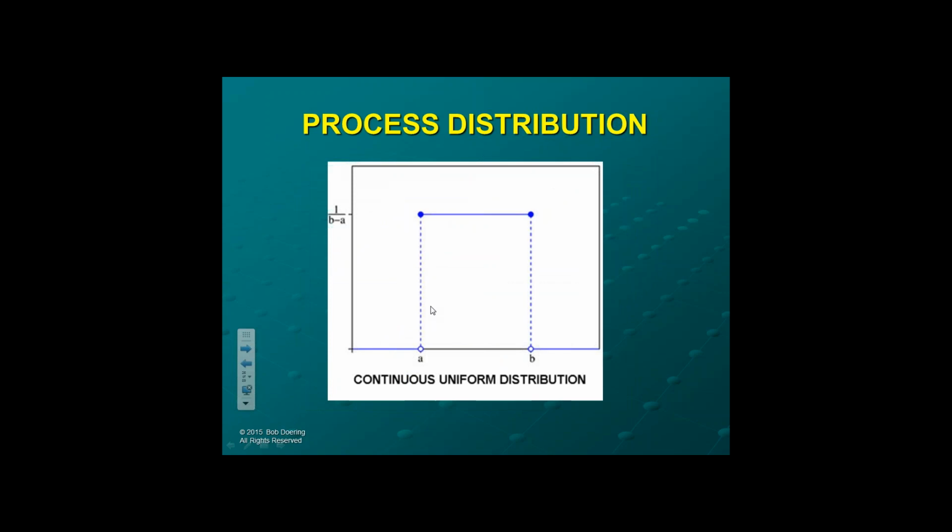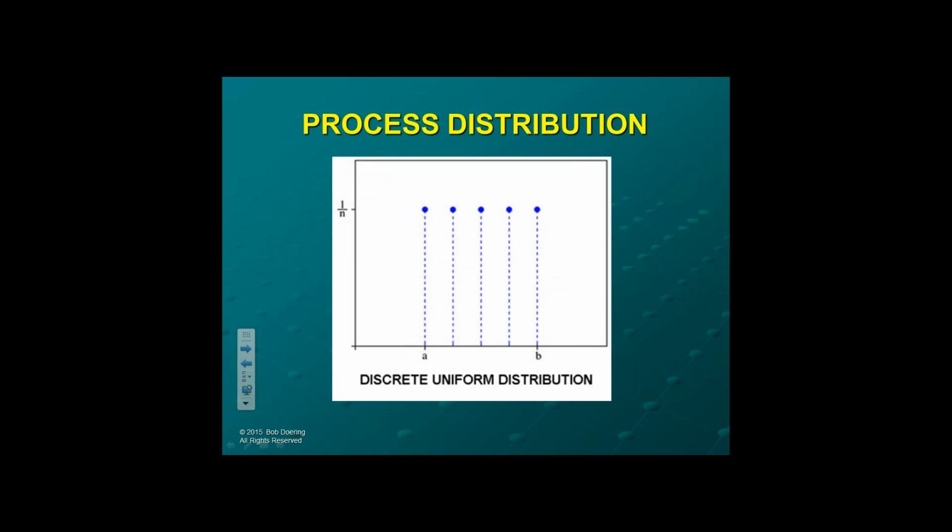What we have when you have a rectangular distribution is the continuous uniform distribution. Now it's important to note that this is the continuous uniform distribution. It's quite different than the discrete uniform distribution. That's the uniform distribution you get if you take a die, for example, and roll it. Each individual value is random and independent when you roll a die. But that's not what's occurring with tool wear. It is actually a time function. So don't use the statistics of the uniform distribution. We have to use the continuous uniform distribution to use the correct statistics.